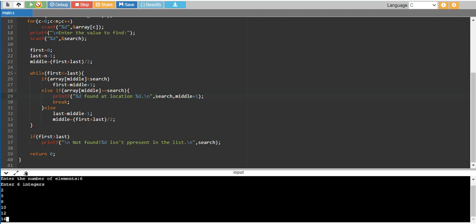So hit enter, then enter the value to find. I'll enter 17 now. I'll check for 17, then it should give us not found. Enter the value to find, that is 17, not found, right? 17 is not present in the list.